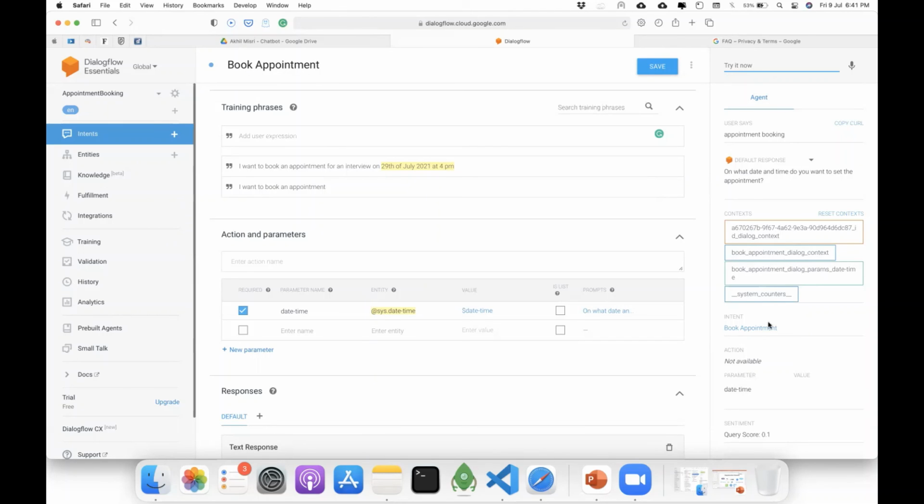So this is the booking appointment intent. It is asking on what date and time do you want to set the appointment. So how does it know? It knows because I have already trained it with I want to book an appointment. So here NLP is coming into the picture and it understands I want to book an appointment is similar to appointment booking.